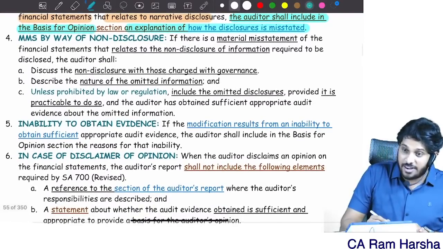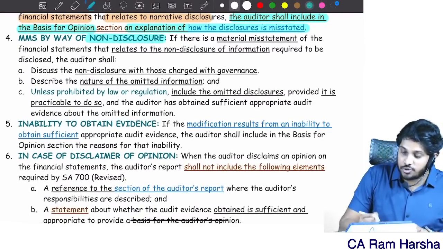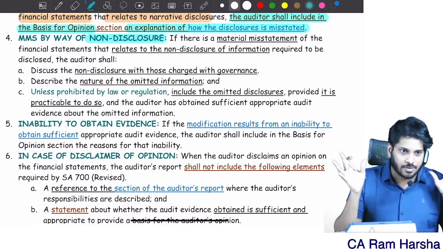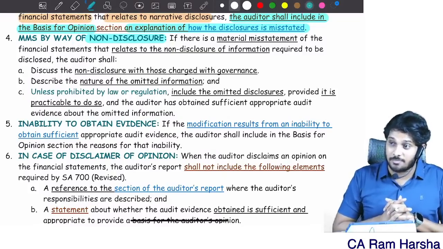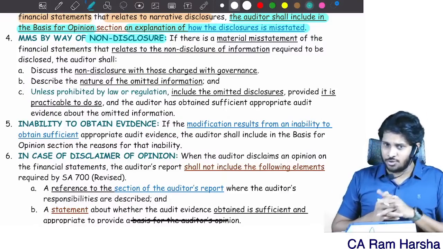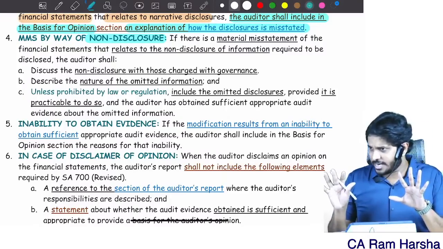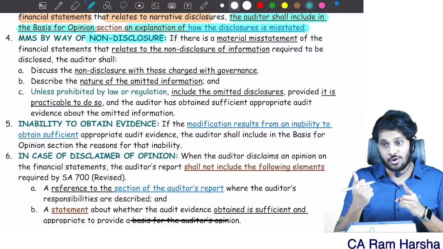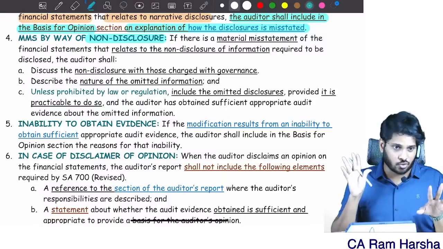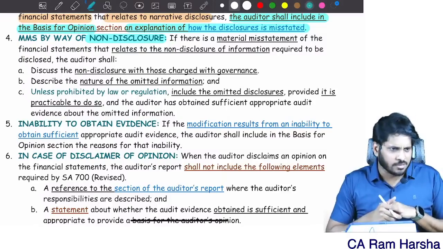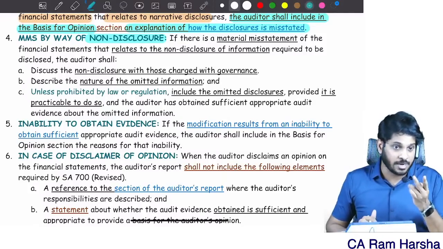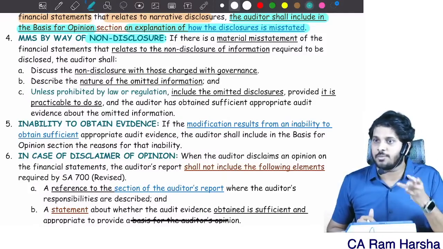Suppose financial statements are not disclosing something. It is not narrative disclosure. Forget about it. They are not disclosing it itself. Now tell me, when the financials are not disclosing something which is material, what does the auditor have to do? Qualify. First, the auditor has to qualify. Before qualifying, generally what do we do? We discuss with the management. "Sir, you forgot to disclose so and so. As per accounting standard, it's mandatory." So you didn't disclose. We'll discuss. Management did not agree to disclose. Then what will I finally do? I will give a qualified opinion or adverse opinion depending upon the severity involved, depending upon the pervasiveness.